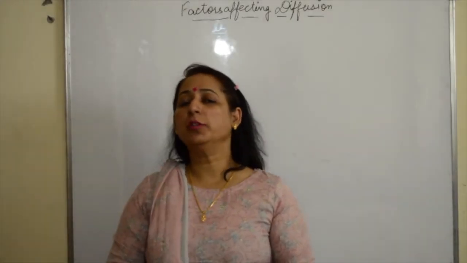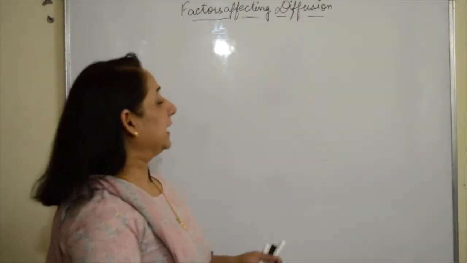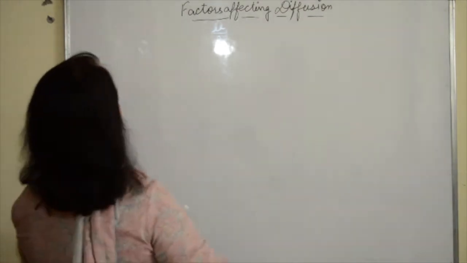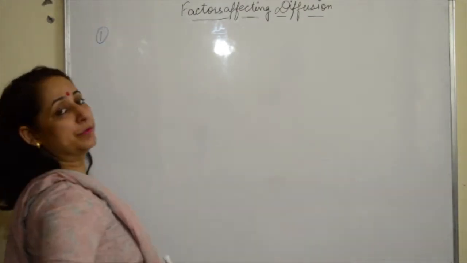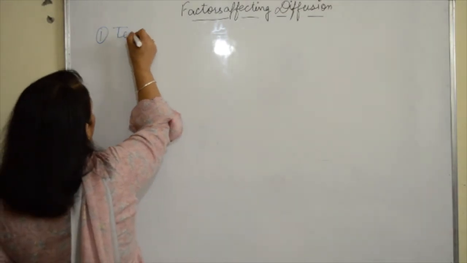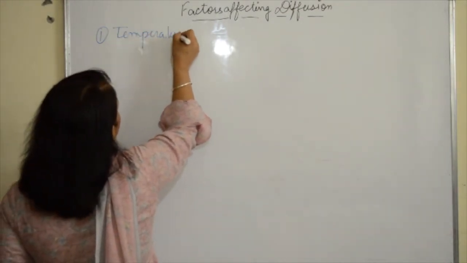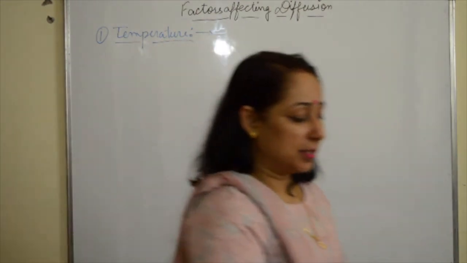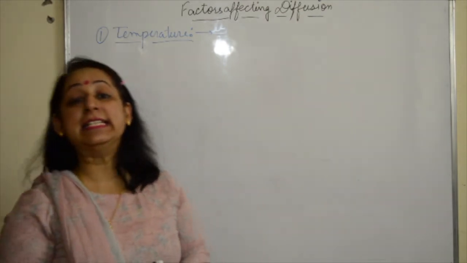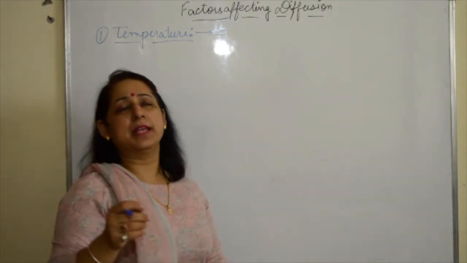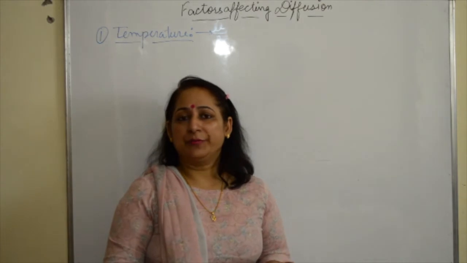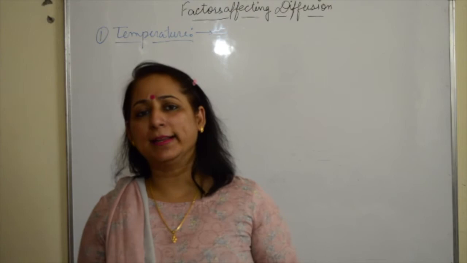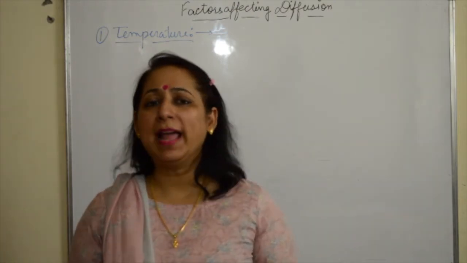So we are going to talk about the factors affecting the rate of diffusion. Fine. So let's just start with the first factor. So the first factor which affects the rate of diffusion is temperature. How does temperature affect the rate of diffusion? With high temperature, the rate of diffusion increases. Like a simple example, if something is being heated, maybe you are heating milk, or you are heating or cooking a vegetable. So what will happen?